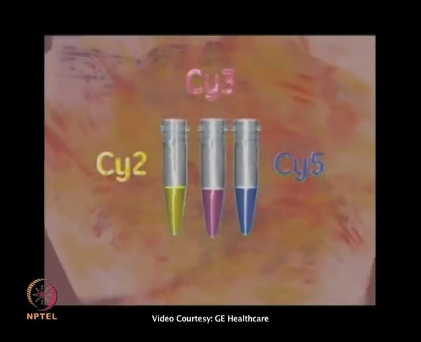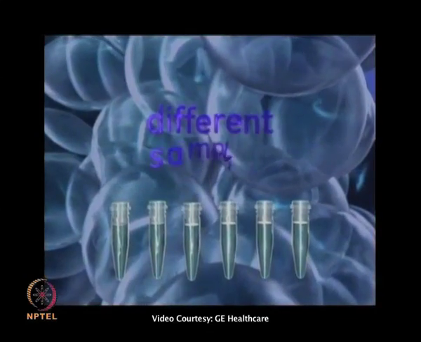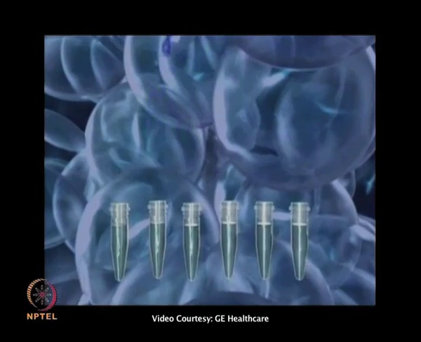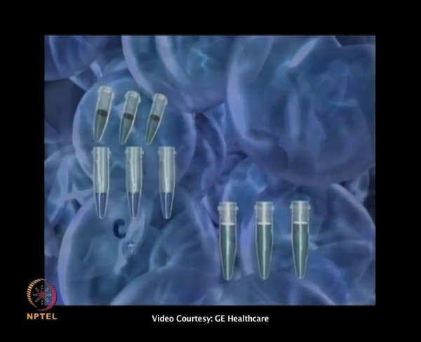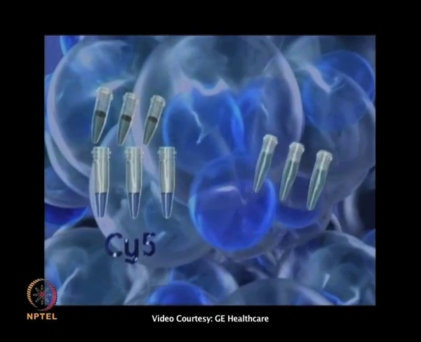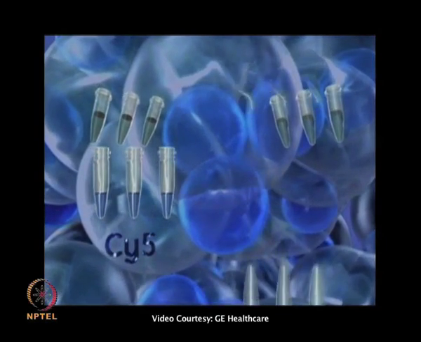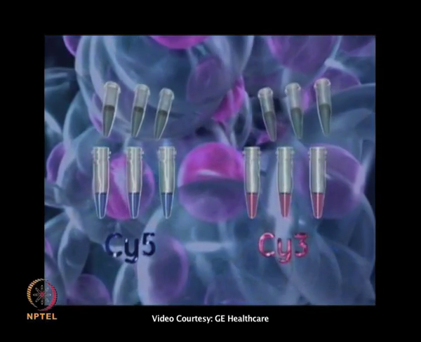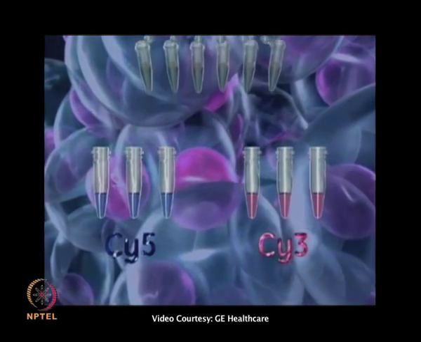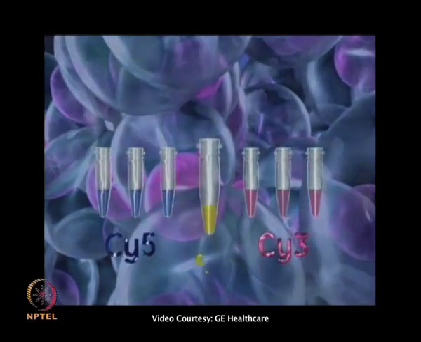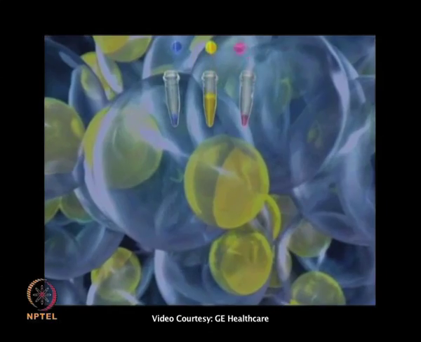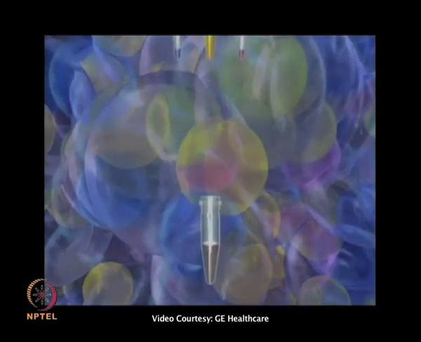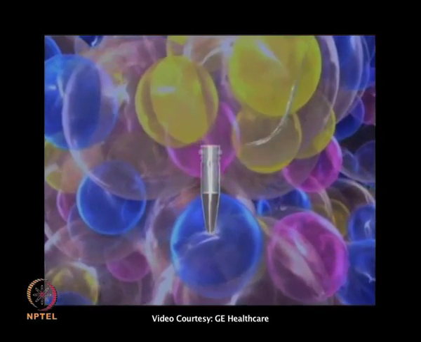Yes, as we were talking about, the 3 samples we can label with Cy2, Cy3, Cy5. Now you have 2 different samples from different sources. You take these samples into different Eppendorf tubes and label one with Cy3 dye and another with Cy5. Then you take those two samples, pool them and label with Cy2. Then you mix those three into a single tube and run them in a single strip.